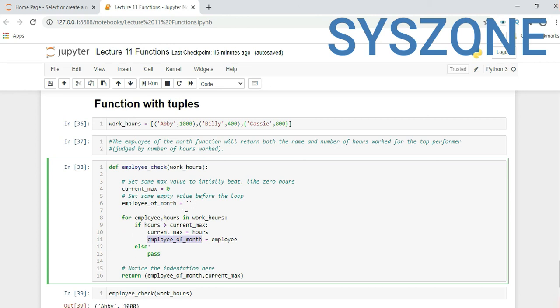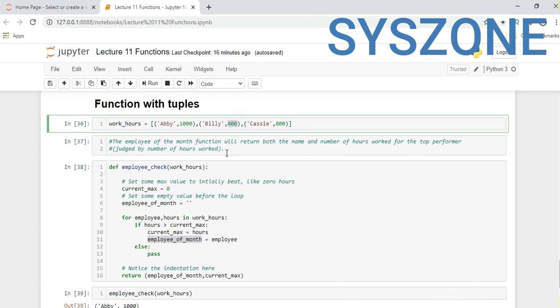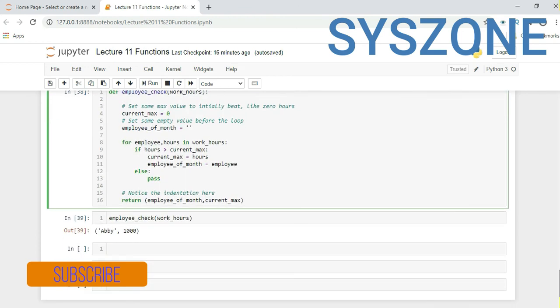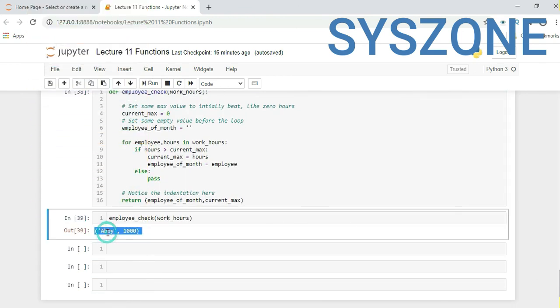So the for loop will work. Next time it will pick this 400, which is not greater than 1000, so it will skip. Again this 800 is not greater than 1000, so it will skip. So at the end it will return employee_of_the_month and current_max, which would be 1000. When I call this method, here I am getting the name Abby and work hours 1000.